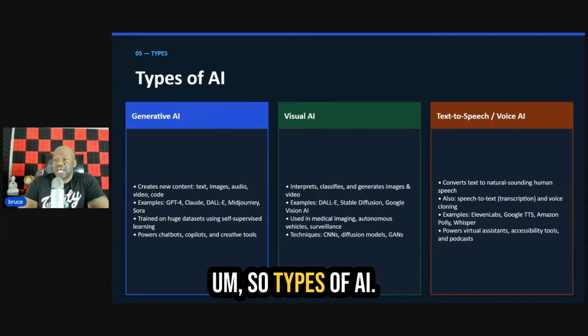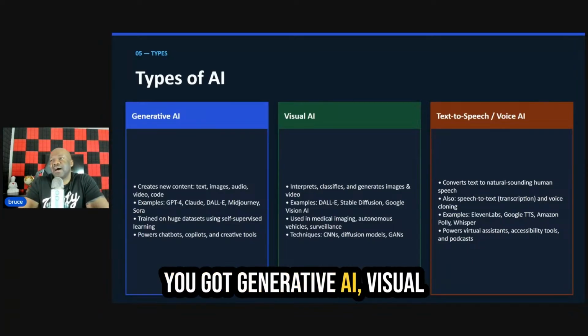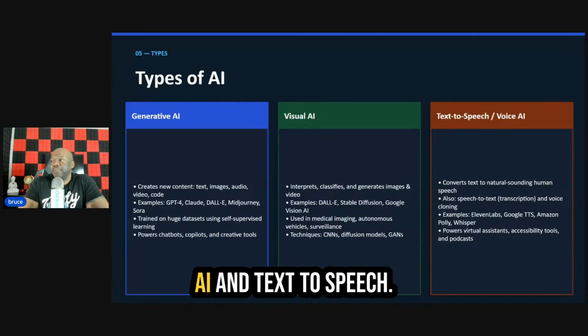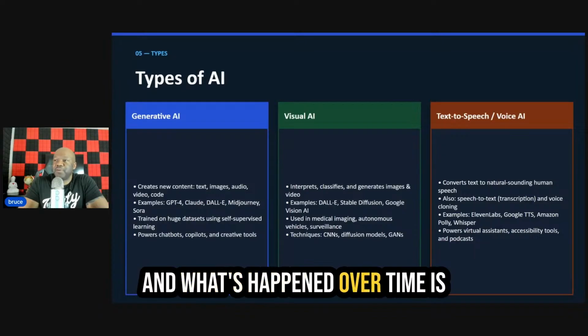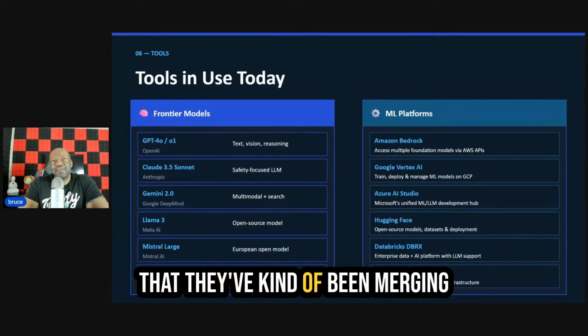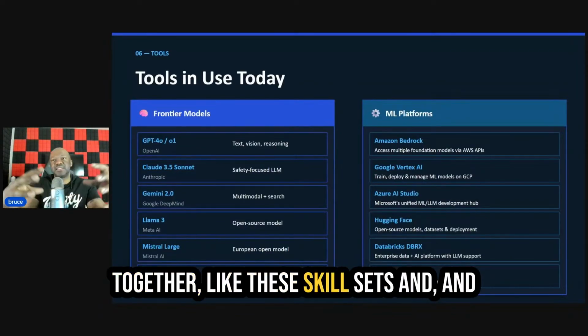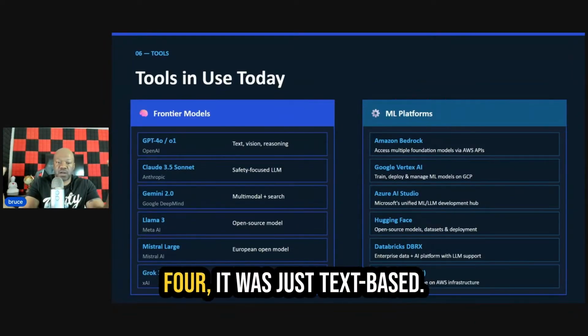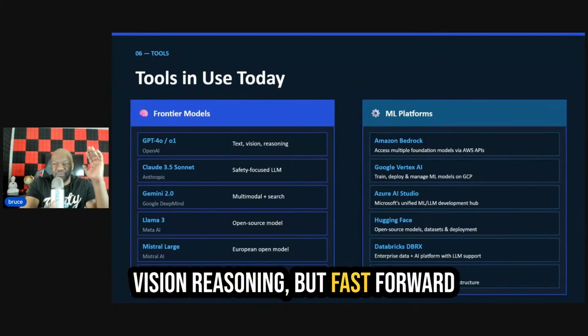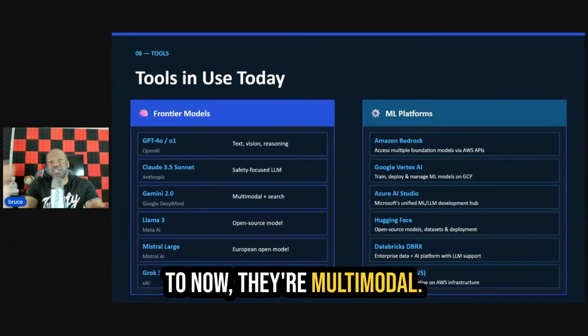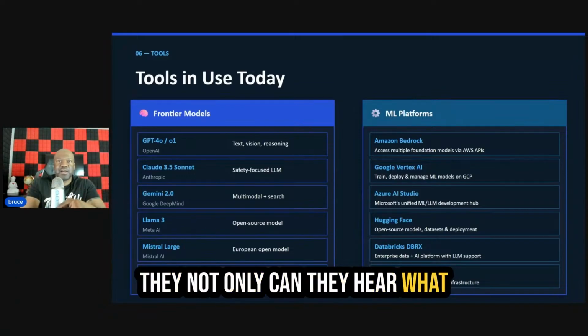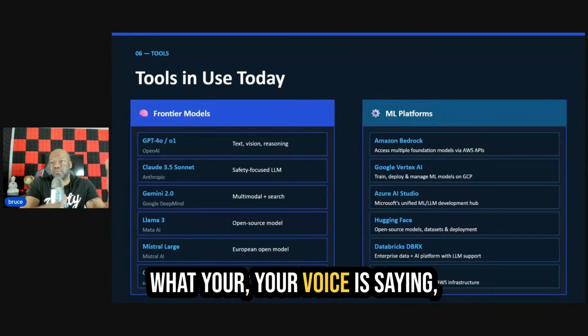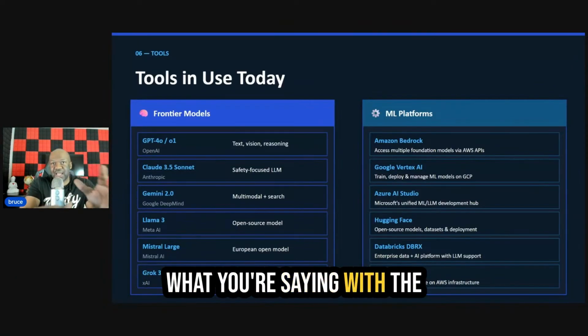So types of AI. You got generative AI, visual AI, and text to speech. And what's happened over time is that they've kind of been merging together. These skill sets have been merging together, where your first GPT-4 was just text-based vision reasoning. But fast forward to now, they're multimodal. Not only can they hear what you're saying, they can interpret what your voice is saying, what you're saying with the words, and then